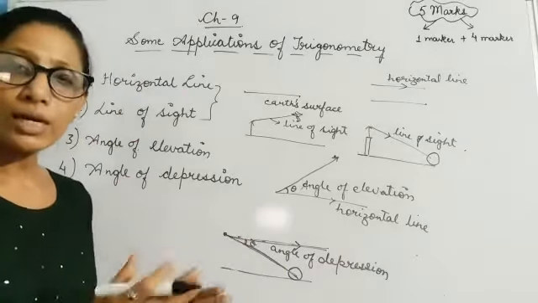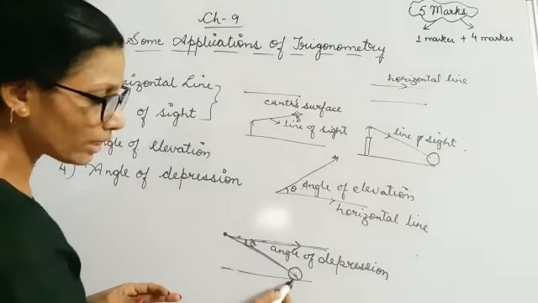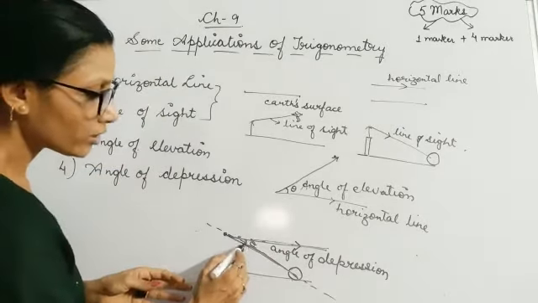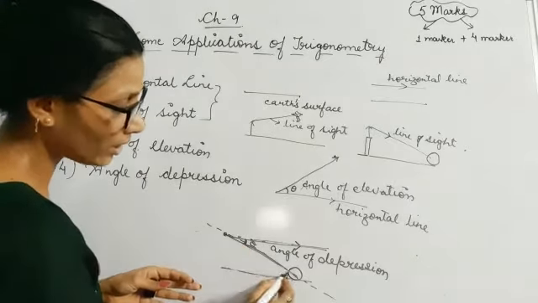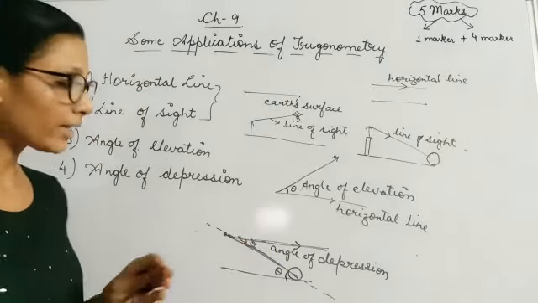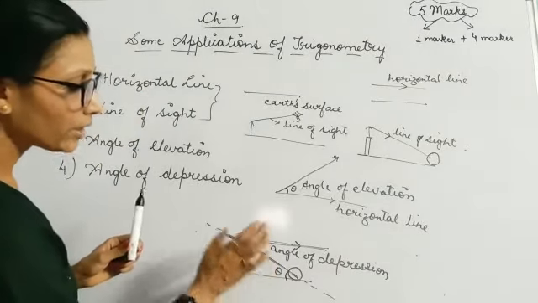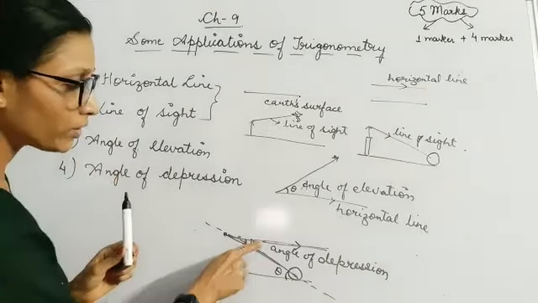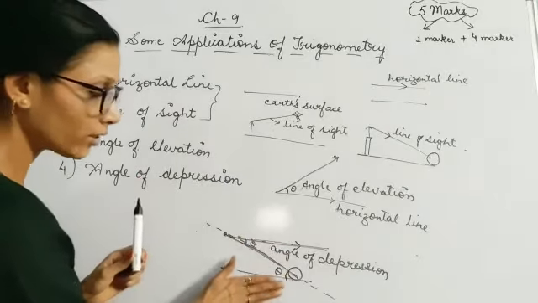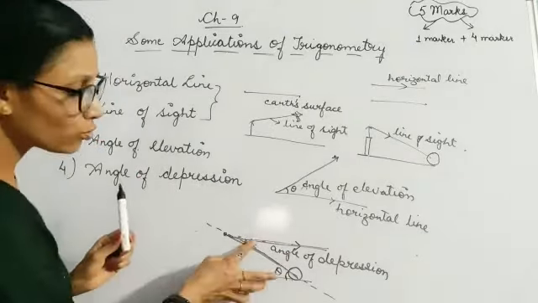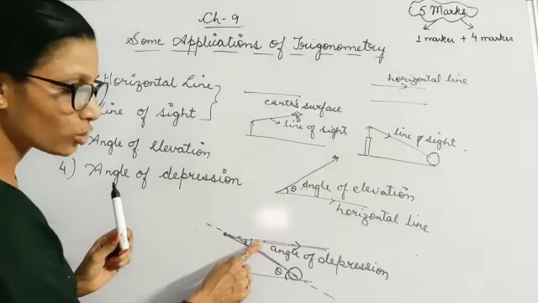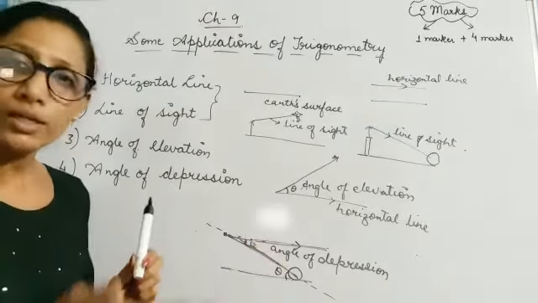Now from your class 9th concept, you can say if two lines are parallel and if a line intersects these two lines, then this is known as transversal line, and if this is theta, I can take this angle as also theta because these two are alternate angles. So because of this property, although my angle of depression always forms here, but I will always be taking it on the ground. And the reason behind it, that these two angles are your alternate angles and they are equal. That's why angle of depression so formed here will be taken always on the ground only.